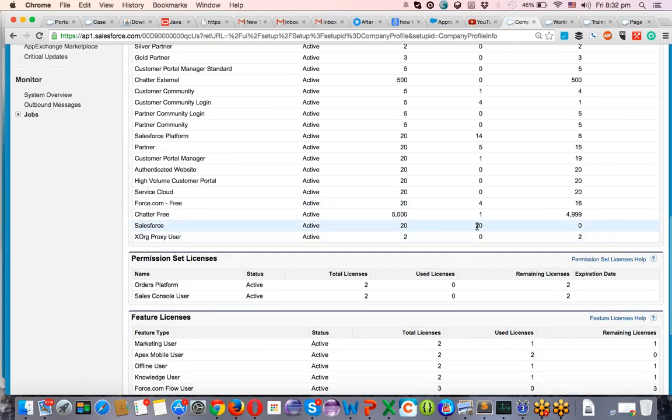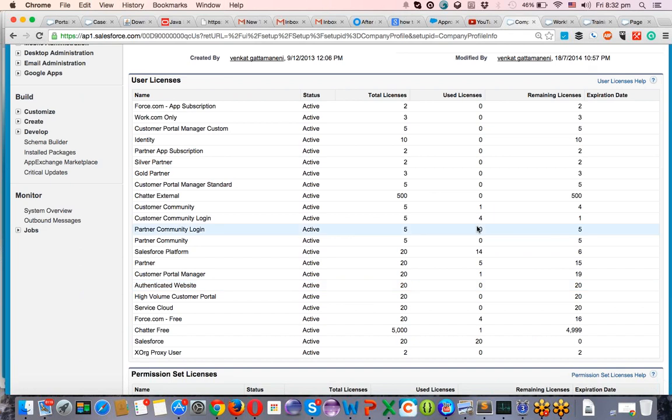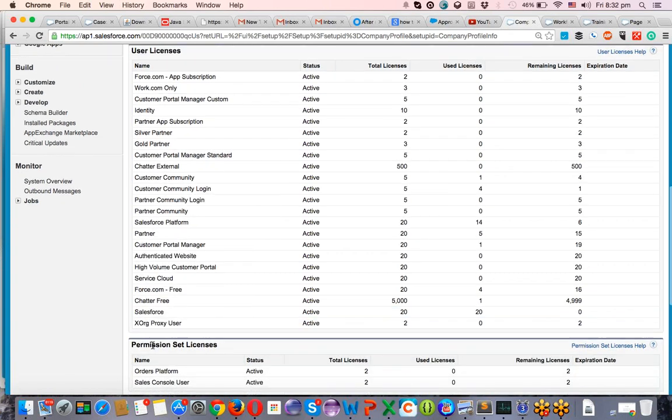This is an important license, okay. There are a lot of licenses based on the type of access your users need. You can pick the type of license for them. This is the top level license where you can use all the features of Salesforce, Sales Cloud, Service Cloud, everything, okay.